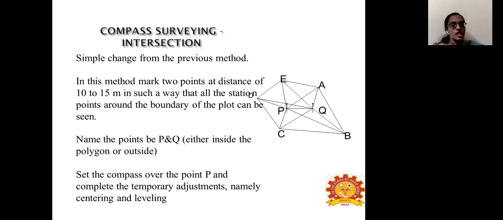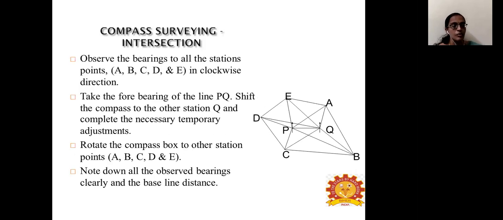Set the compass over the point P, and do certain temporary adjustments, namely centering and leveling. After that, we can observe the bearings to all the station points, which are located in the clockwise direction. We have to take the fore bearing of the line PQ and shift the compass to the other station Q, and complete the necessary temporary arrangements. Then we rotate the compass box to the other station points and note down all the observed bearings carefully, and we have to